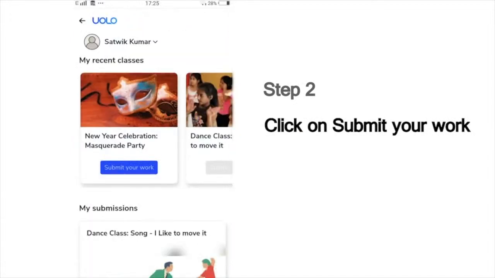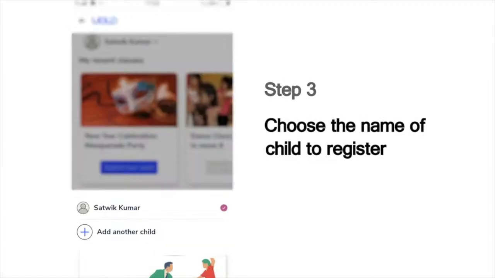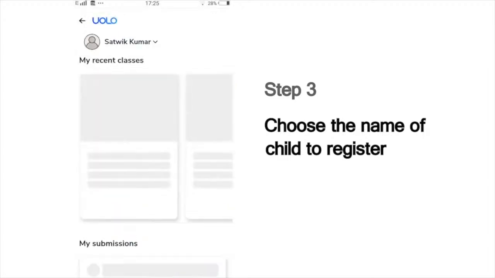Then you will see a list of the classes that you last attended, which could, for example, show the dance or craft or science experiment classes you've attended recently. Next, it will show you the list of children whose names are registered in this mobile number. Choose your name from this list to submit your work. For instance, if you are Satvik Kumar, choose that name